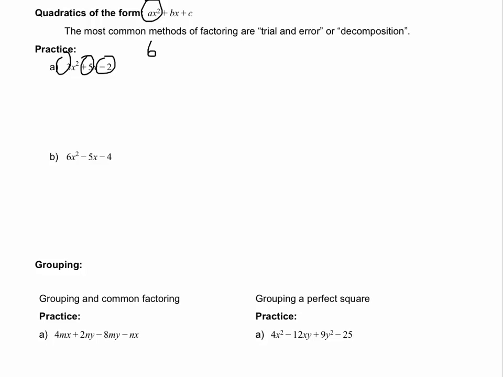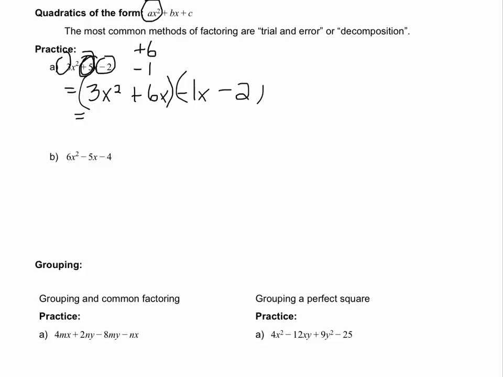Two factors then would be plus 6 and minus 1. We're going to write these out then as 3x squared, and we're going to break up this middle term here, 5x, into plus 6x minus 1x minus 2. We now want to factor by grouping, so we're going to look at these two terms together and then these